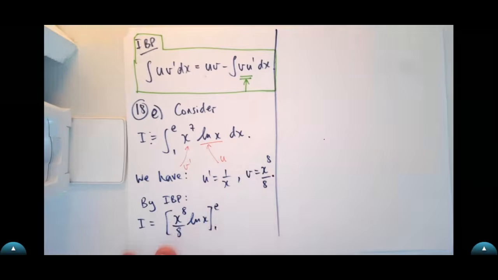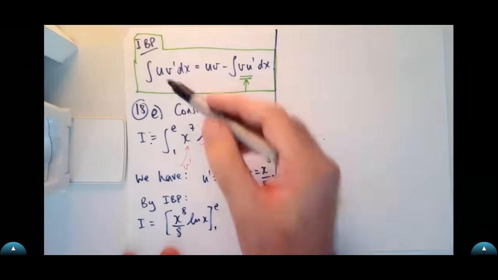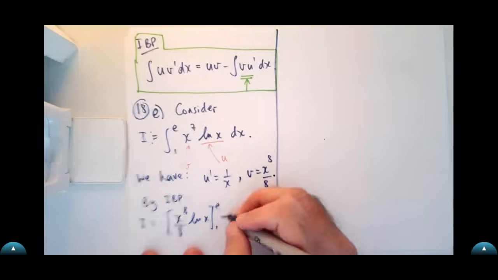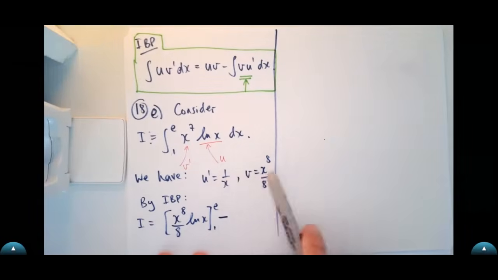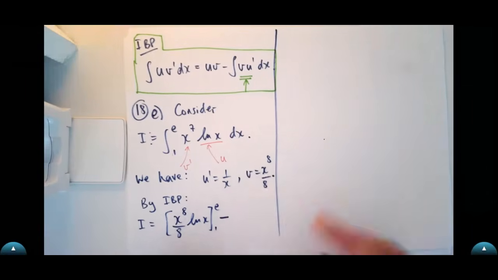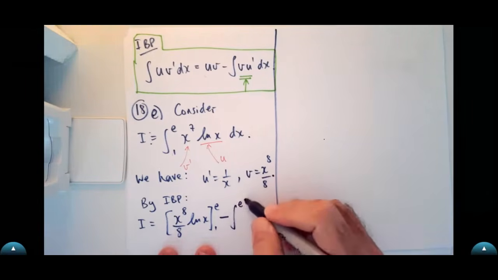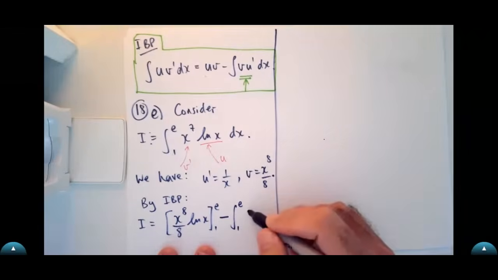Because it's a definite integral, I'm putting in the limits of integration, minus the integral of the product of the two things that you just computed. Okay? So what will the product of this be? x to the 7